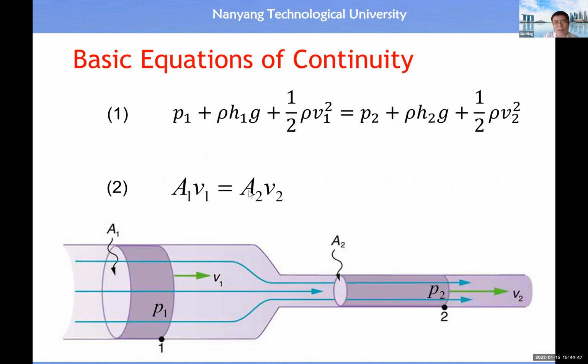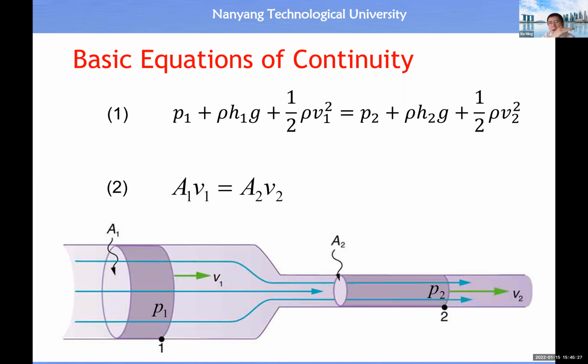So the second equation is about the continuity in volume. There's a section of pipe, assume there's no leakage, there's no top up of fluid inside the pipe. Here we talk about the piping system. We are not talking about the storage tank. For a storage tank, we can top up, we can let the fluid go out. So here we talk about inside the pipe at any section. So there is a conservation of volumetric flow rate, right? So we have these two equations.